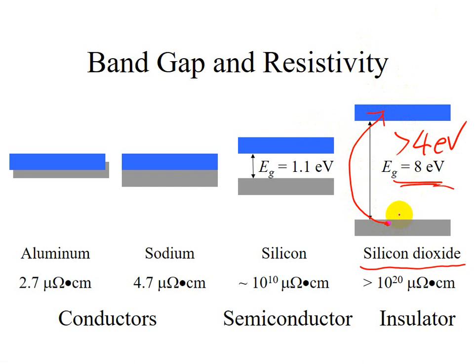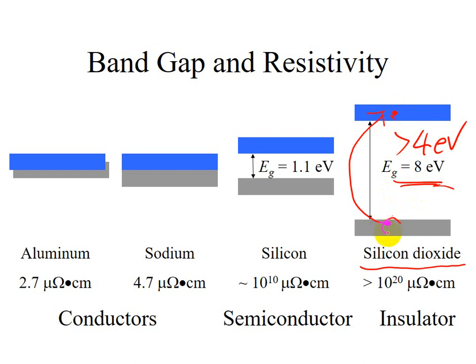That energy can be heat, can be electromagnetic radiation. But when you have an energy gap larger than 4 electron volts, it's basically very difficult for an electron to jump from low energy level to high energy level,